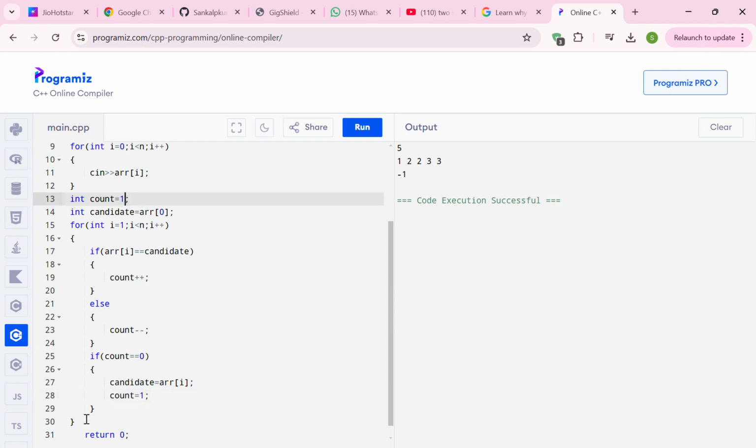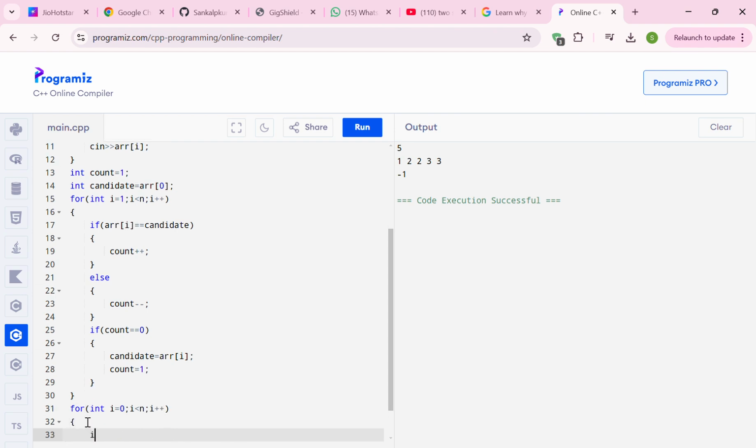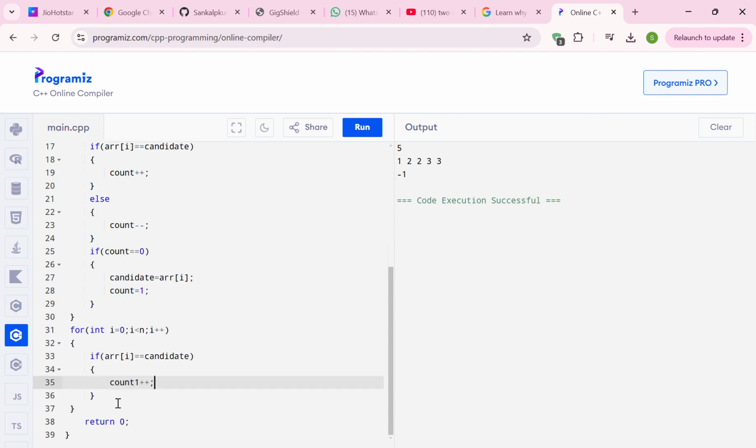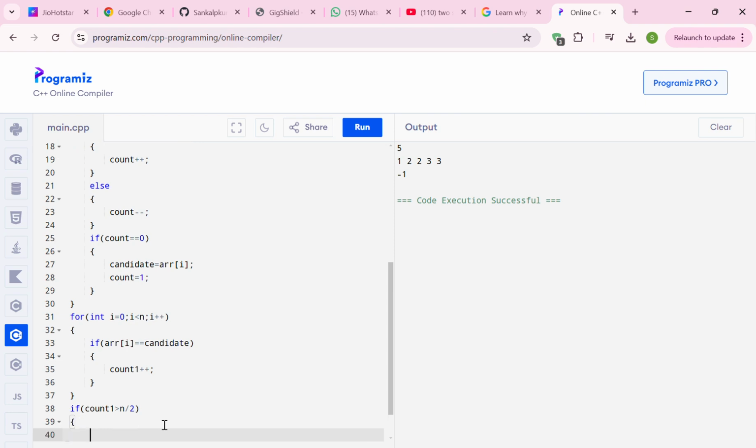Okay, now here again we will go for int i equals to 0, i less than n, i plus plus. If array of i equals to candidate, we will do count1 plus plus. Here we will check the condition if count1 is greater than n by 2, we will just